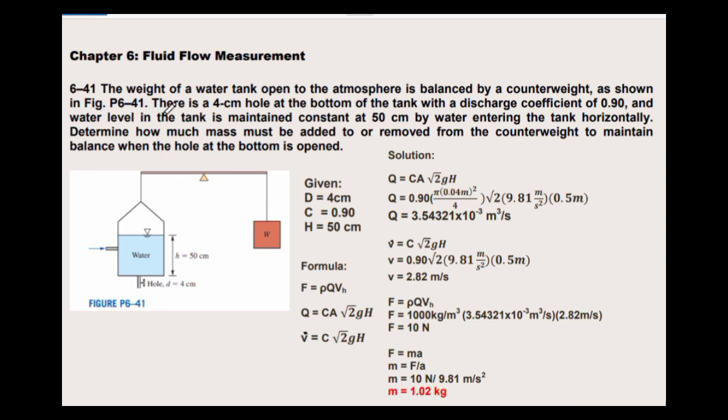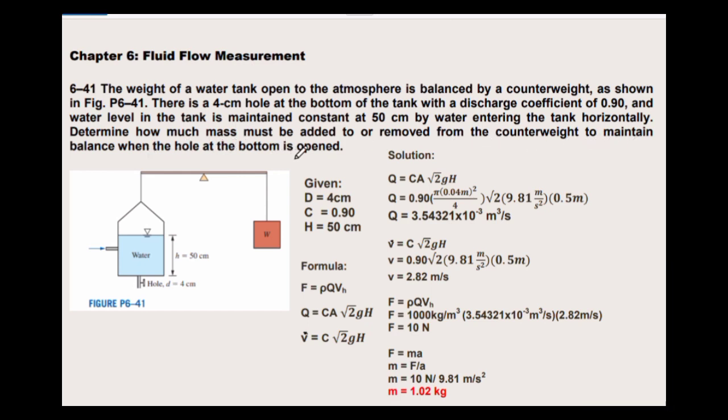Figure 6-41. There is a 4 cm hole at the bottom of the tank with a discharge coefficient of 0.90, and the water level in the tank is maintained constant at 50 cm by water entering the tank horizontally. Determine how much mass must be added to or removed from the counterweight to maintain balance when the hole at